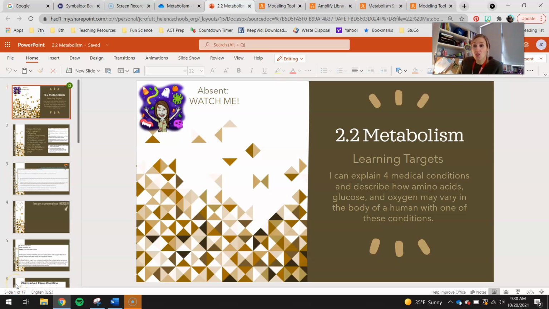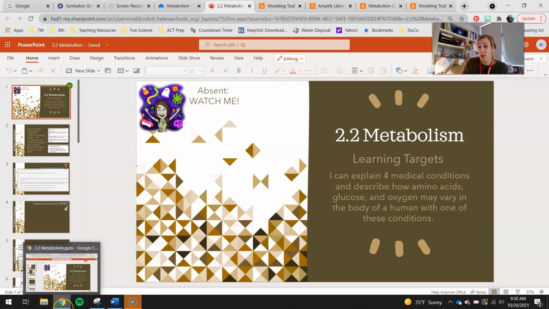Hey, seventh graders. So today's lesson is 2.2 metabolism. In our 2.1 metabolism lesson, we really started to get a look at all those roles of the digestive system, the circulatory system, and the respiratory system. Obviously, every system in the body is important, but the reason we're focusing on those three systems is that when we're talking about metabolism and energy production, those three systems seem to be the most important for us to deliver the molecules that we need to establish all the energy and the glucose and all that stuff, which we'll get